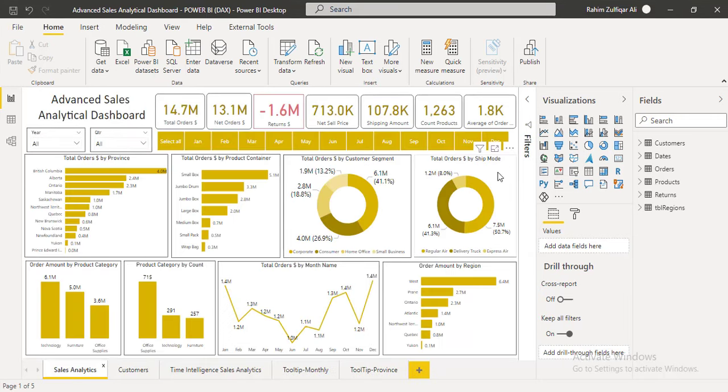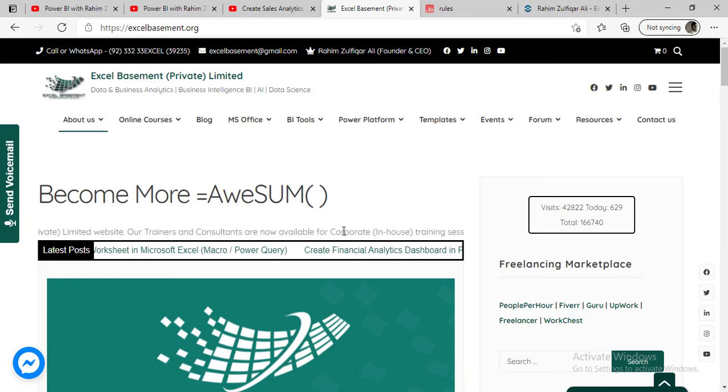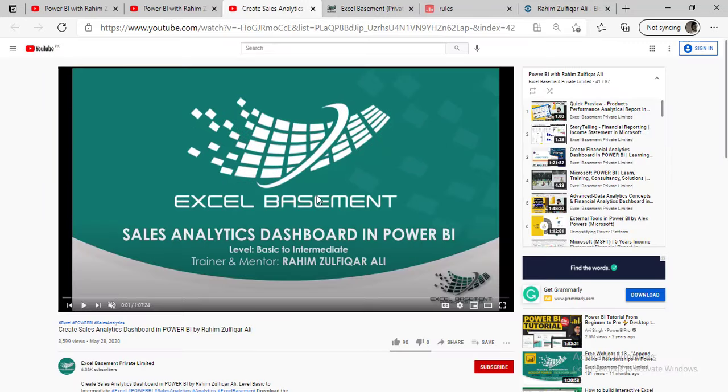So let's start. If you are already a basic user and you want to move ahead in Power BI to an advanced level, and if you want to try some advanced level DAX, this particular dashboard template is perfect for you. Here on this canvas we have put some slicers, and I hope you understand those slicers. All the fundamentals with respect to the visuals are already recorded in my basic to intermediate video, which I have just shared with you.